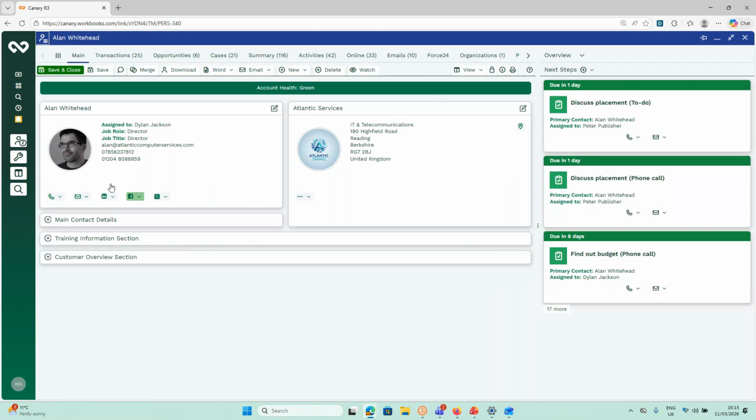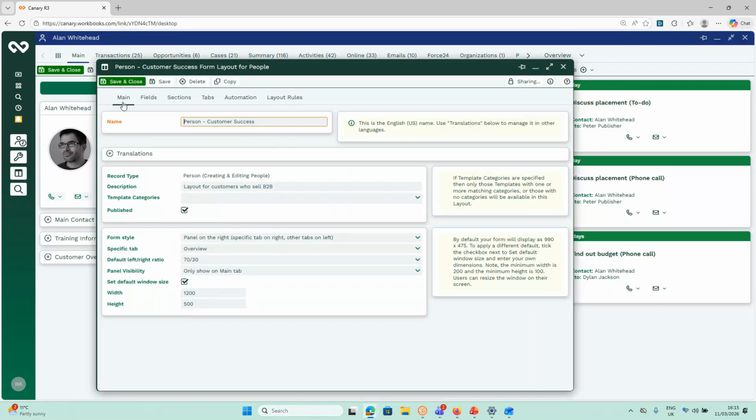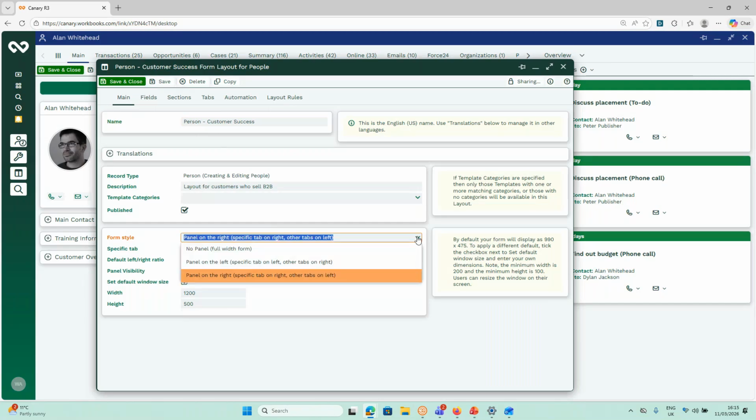So if I go back to our form layout config, just in the main tab, and just under form style, you'll see there's a drop down with 3 options. So there is a no panel, which gives you a full width form. Panel on the left, where one specific tab appears on the left and the rest sit on the right. And then you have panel on the right, where one specific tab appears on the right and the remaining tabs sit on the left. So we're currently on the third option, where the specific tab on the right is the